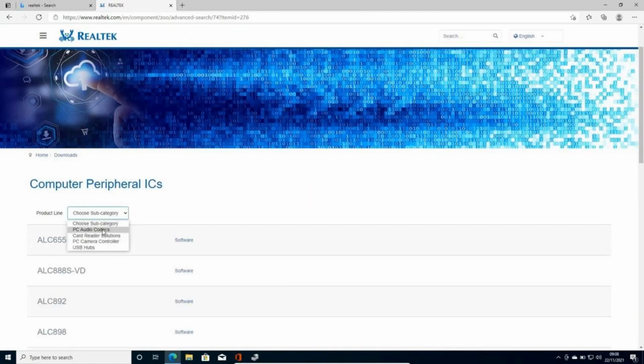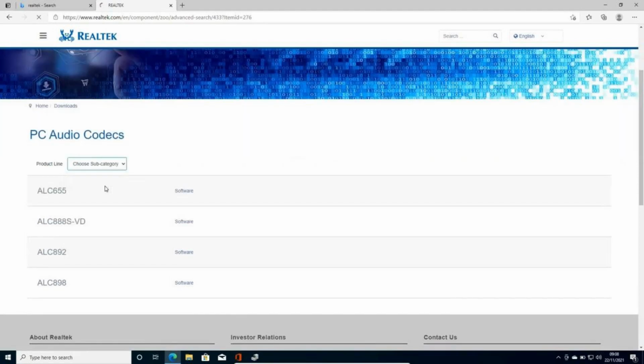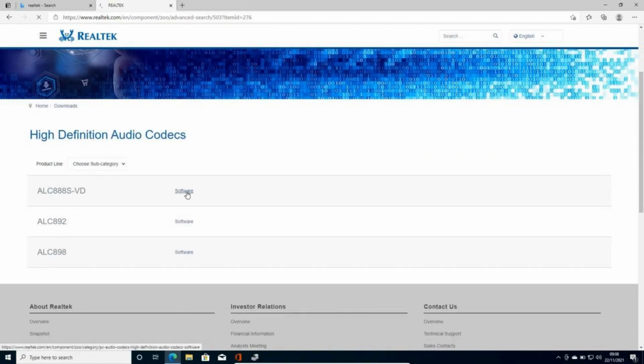Now in the product line you'll see a drop down menu. Click on it and now choose PC audio codecs. Now you'll get an option to choose a subcategory. Make sure to choose high definition audio codecs. Now make sure to choose the one you see at the top as it is the latest version, and now